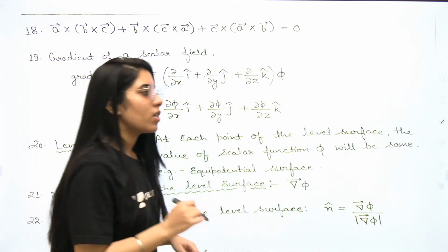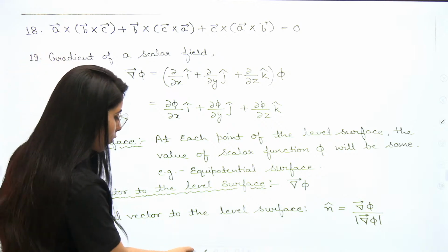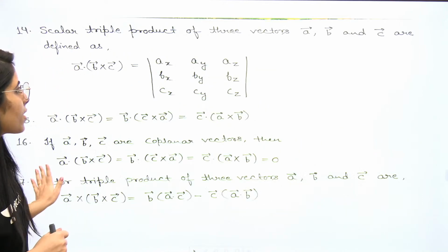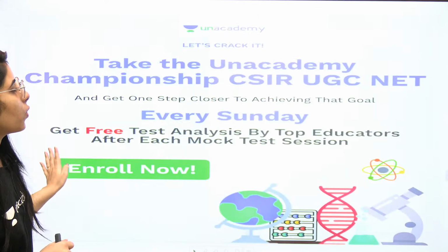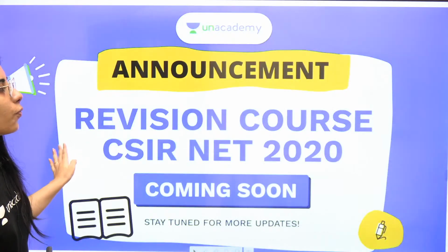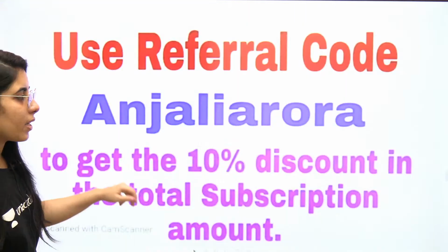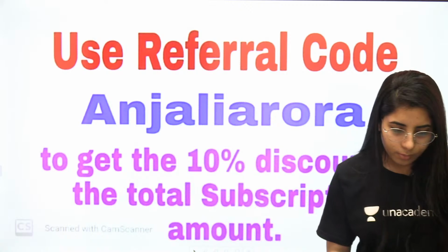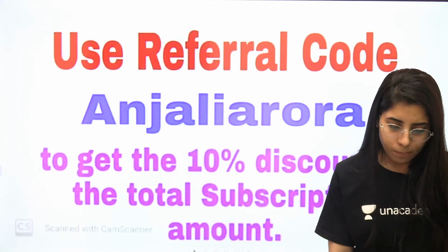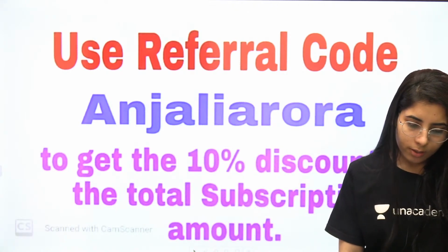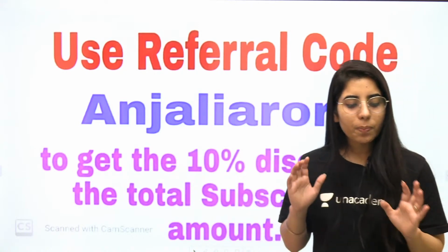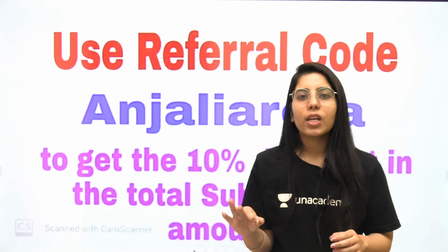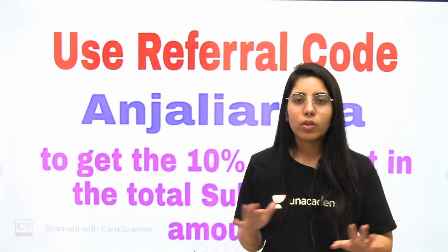Clear? So guys, these were few important points from the vector algebra or vector calculus. I hope each and every point which we have discussed will be clear to all of you. And if still from the discussion, if anybody is having any doubt, you can tell me about it. Okay. Done? Okay. Basically level surface is a surface where any scalar's value will be same, okay, throughout the surface